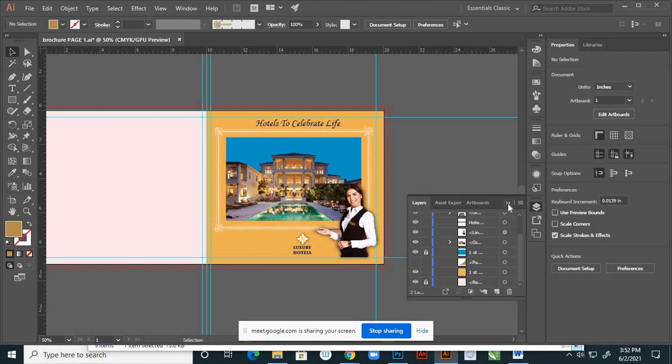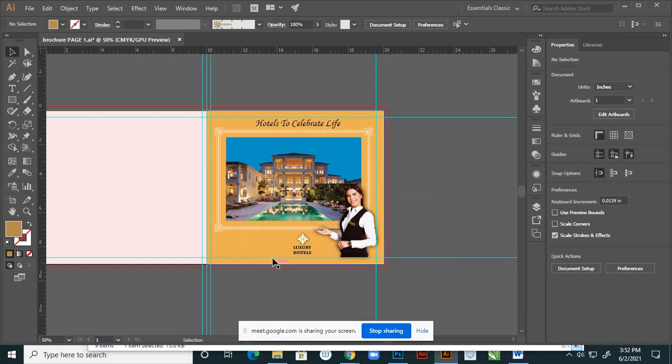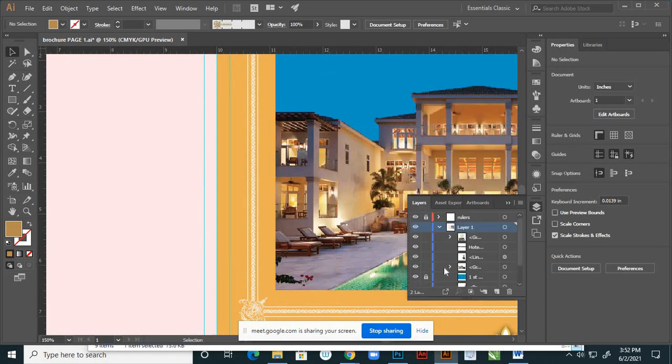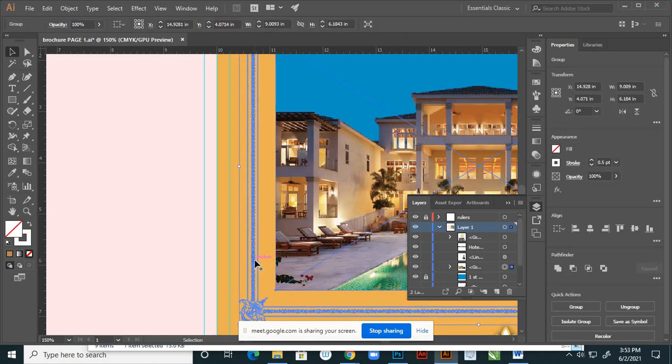So close that one. And here we have to decorate something. The border we already used is not highlighting, so I want to change this one.